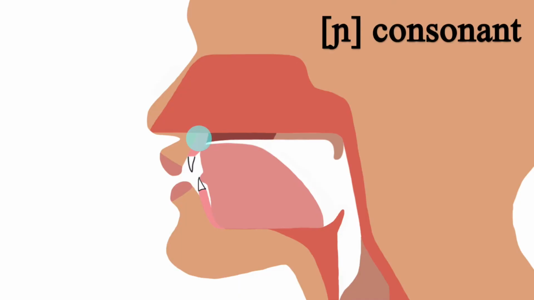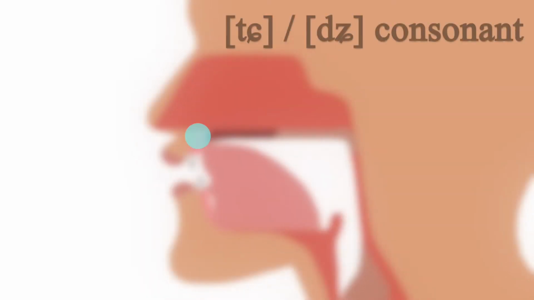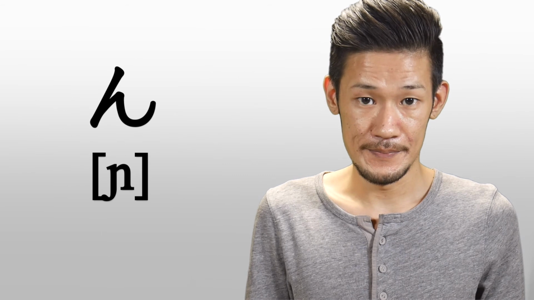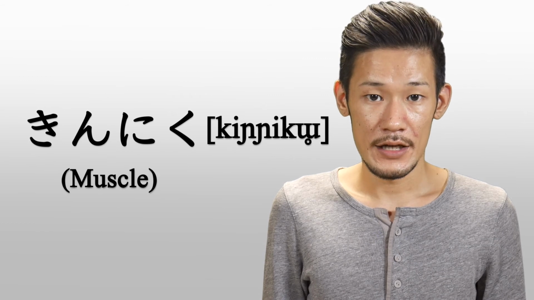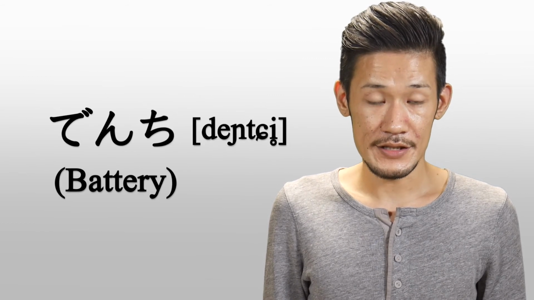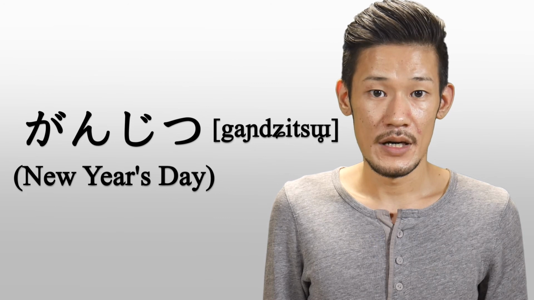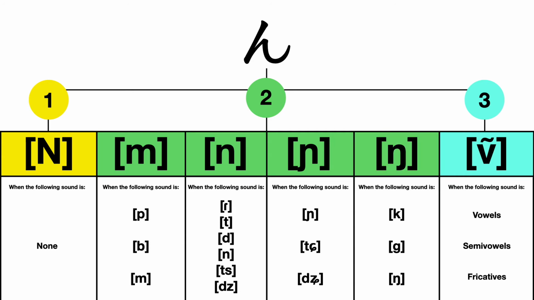When the following sound is ni, ch, or ji. When the place of articulation of the following sound is the back of the gamma ridge, like ni, ch, or j sound, you pronounce n as the ni sound. Example words: 筋肉、電池、元日。